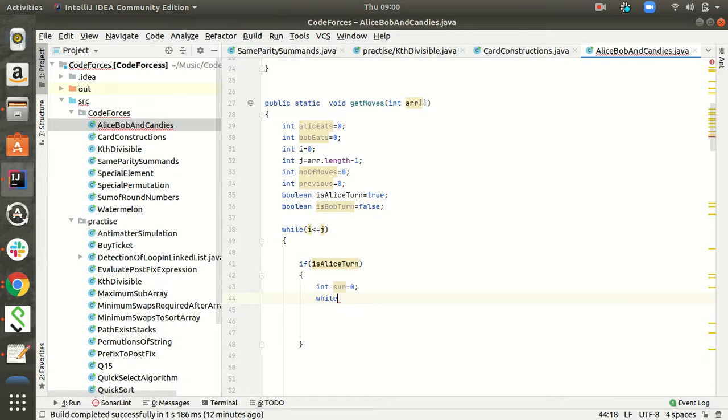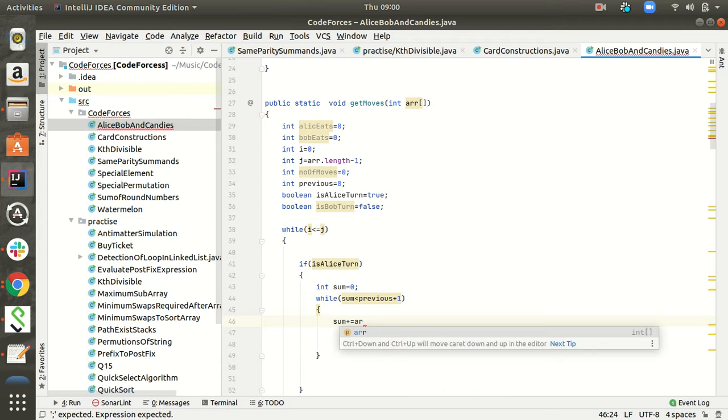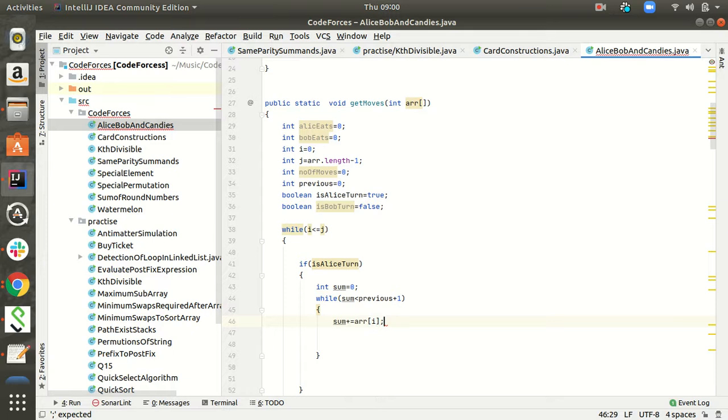So while sum is less than previous plus 1, sum plus equal to array of i, i plus plus.